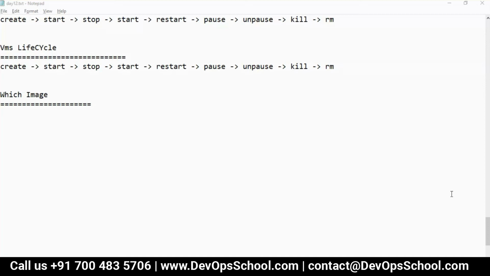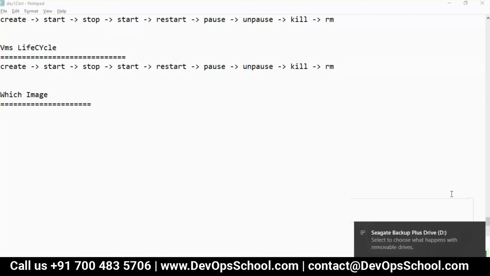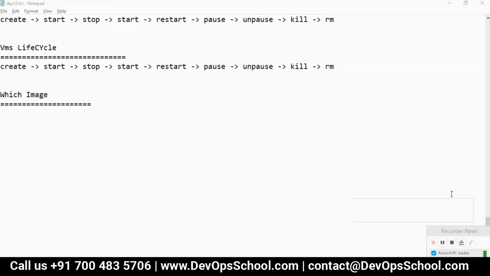Okay? Good. So now you want to run different applications. That is good. I want to run one application. Now which one should I run? I am going to use one application, Jenkins. Have you used Jenkins? Anyone? Yes. Those who have no idea about Jenkins, let me tell you. Jenkins is